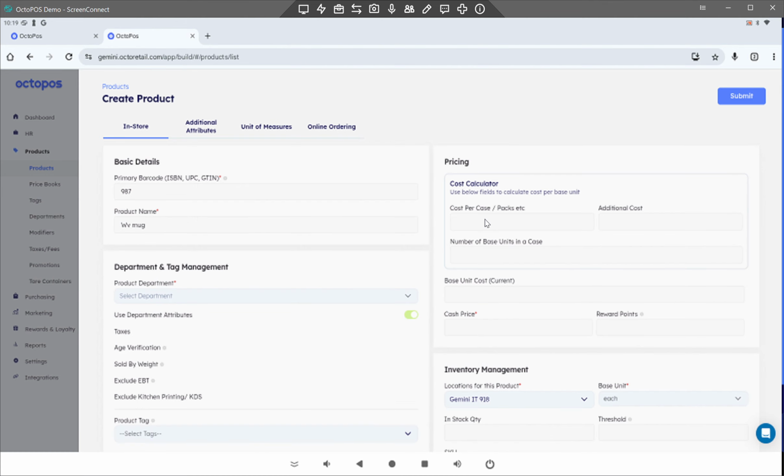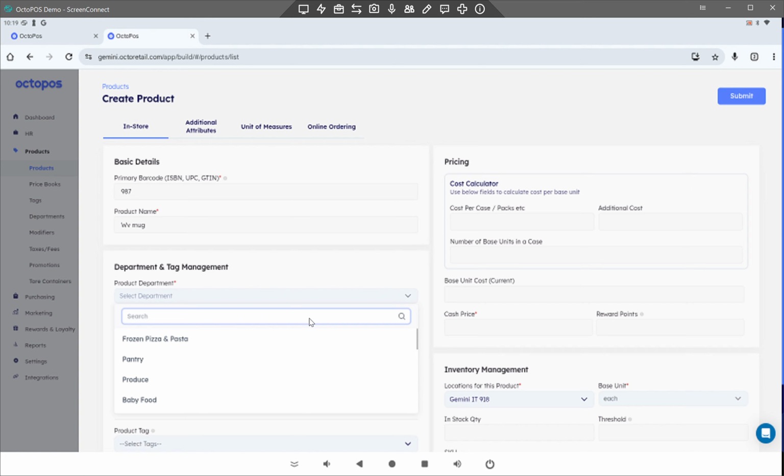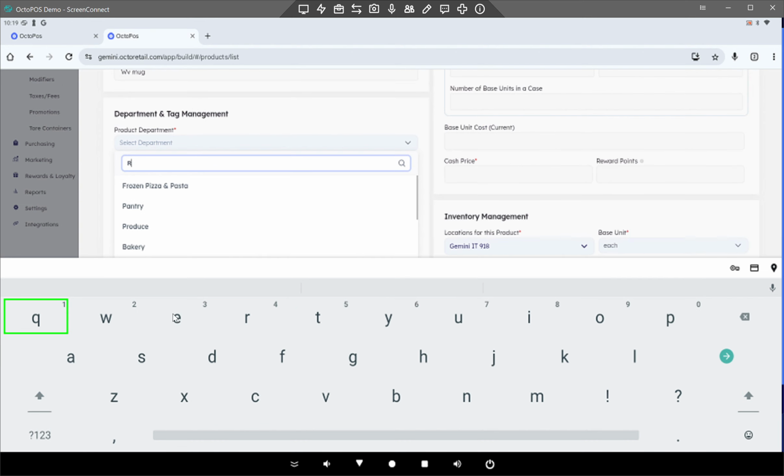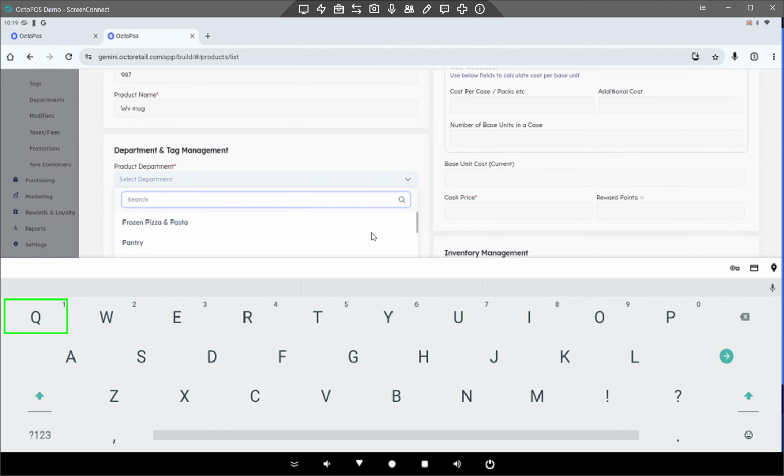And I'm going to select the department that it goes to. So you can have a drop down list here, or I can search for the department either way. I'm just going to search for retail, or maybe merchandise, depending on what the name of my department is. Maybe miscellaneous, it could be beer, it could be liquor, it could be whatever it is. But I can search for that, or I can scroll down and pick whatever